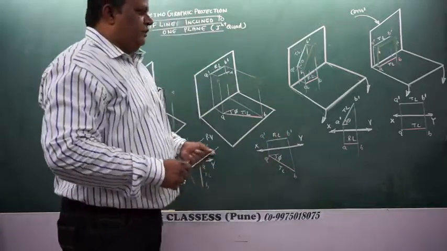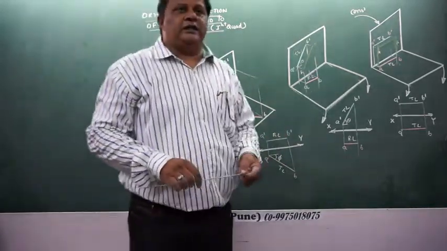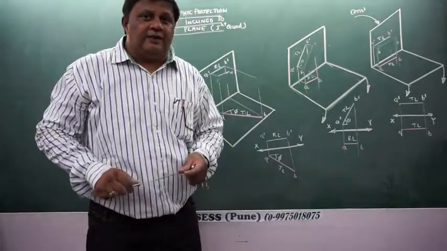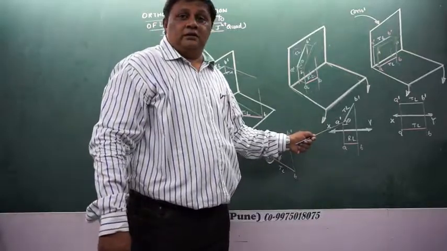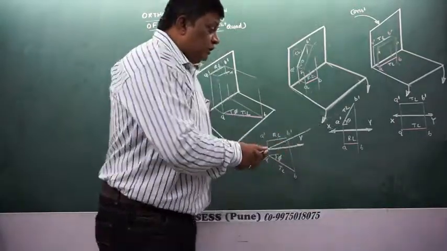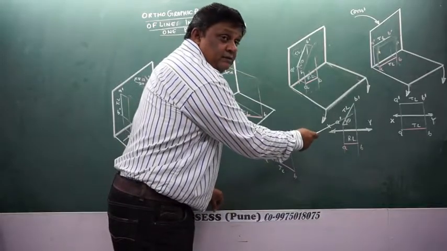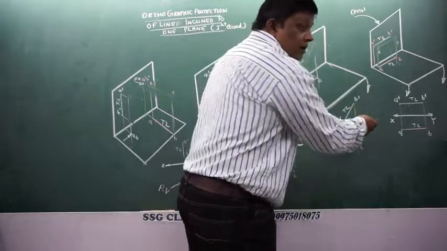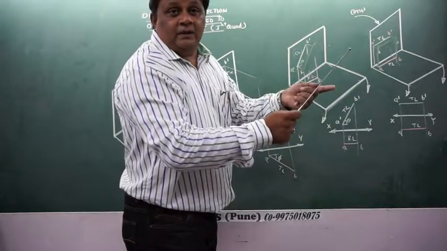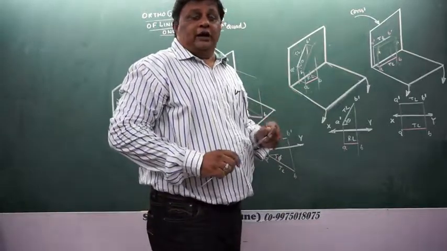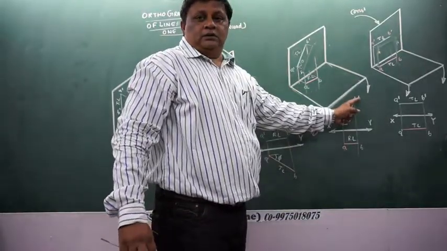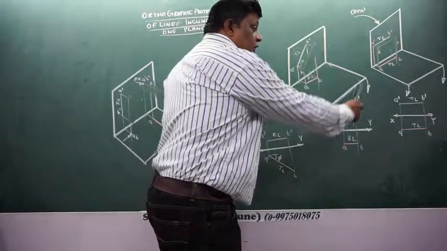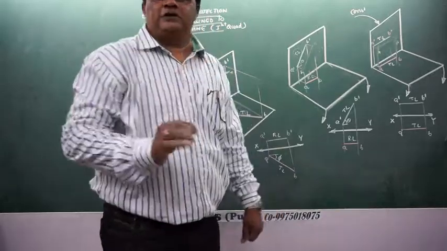Now there is a big confusion among the students. What they do is, if I ask them, if a line is parallel to XY line, then the answer which is coming is, so the other view is inclined. It's a very important thing. Note, the other view can be inclined, or cannot be inclined. It may be inclined, it may not be inclined. Both the things are there. But one thing is sure, that it will be of true length. The line may be inclined, okay, but it has to be of true length. That is sure. That is the compulsory rule.